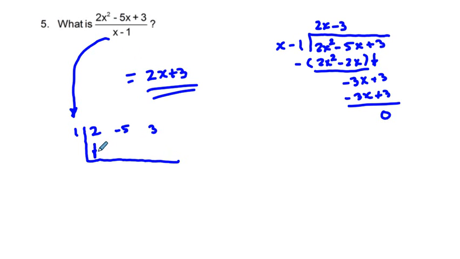We bring down this 2, and this 2 is going to be our x place, because it's 2x squared divided by x. Then we take 1 times 2 is 2, negative 5 plus 2 is negative 3, and we have